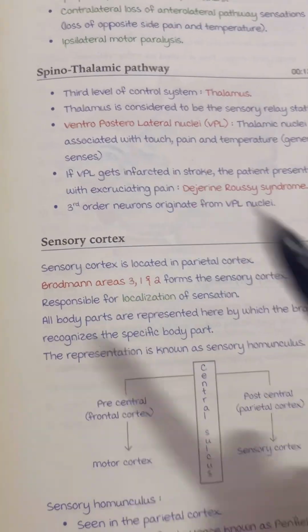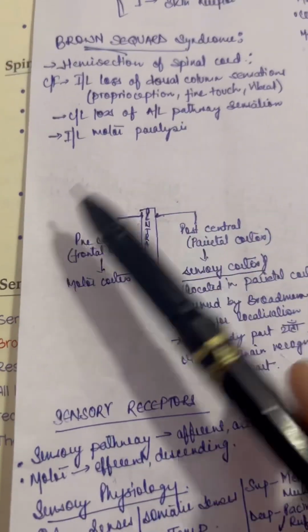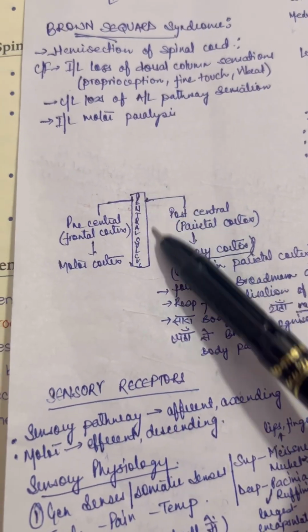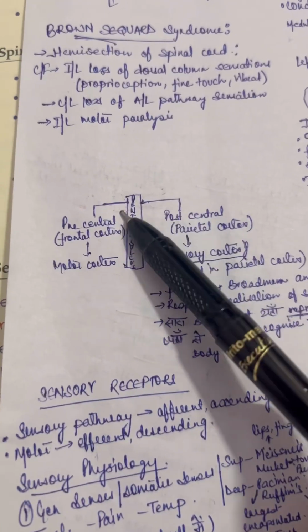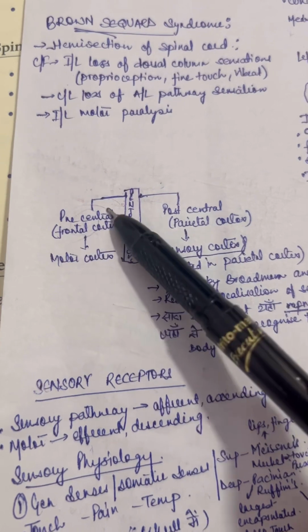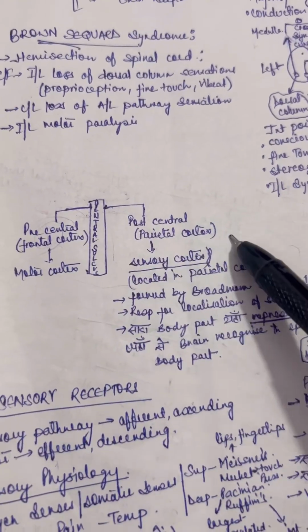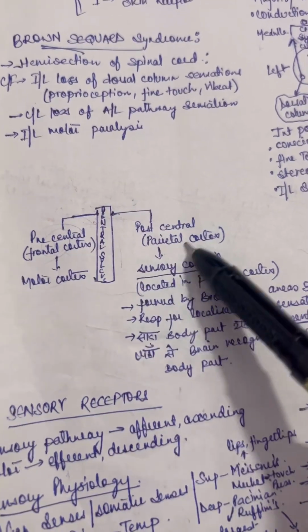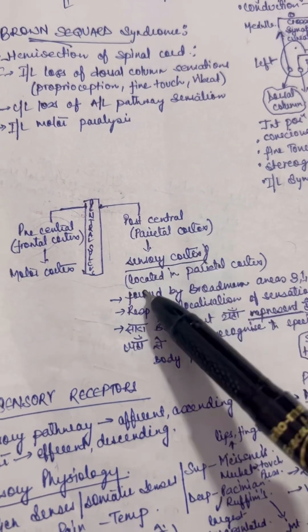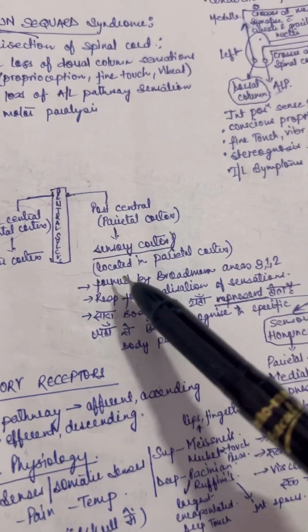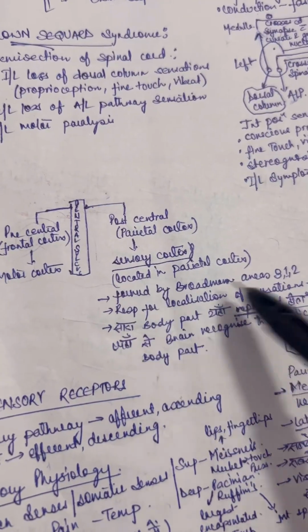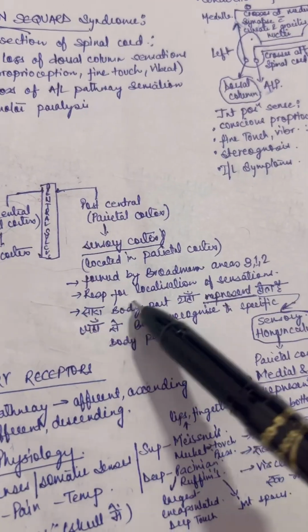And now this is the sensory cortex. In the sensory cortex you have to just remember this diagram. This is the central sulcus. Here it will be the precentral frontal cortex, then the postcentral parietal cortex. This will be the motor cortex, this will be the sensory cortex. It is located in the parietal cortex, and it is formed by Brodmann areas 3, 1, 2, and is responsible for localization